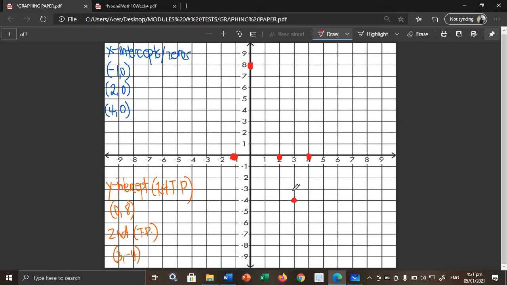And then, right after natin ma-plot lahat ng points, we will all connect them. Okay? Hindi pa yan yung graph. We will connect them. So, kapag kinonnect natin siya, starting from this, starting downwards, and then pataas,